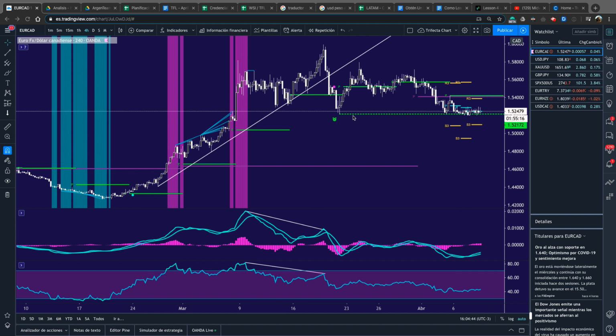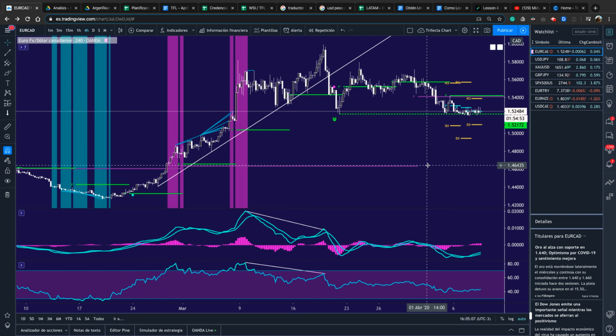So now I have marked this support level, and if we break this support level, I will not have a problem to try to look for this objective here on the